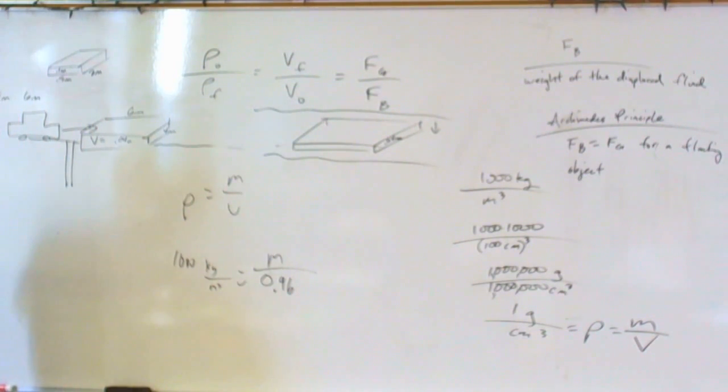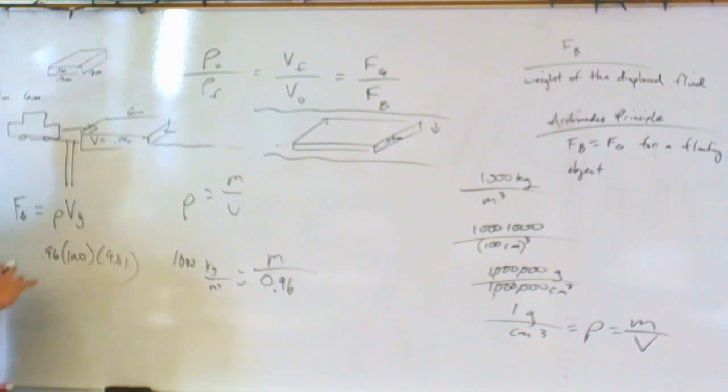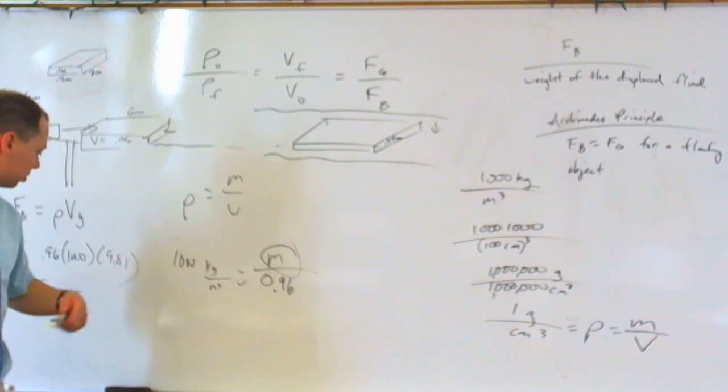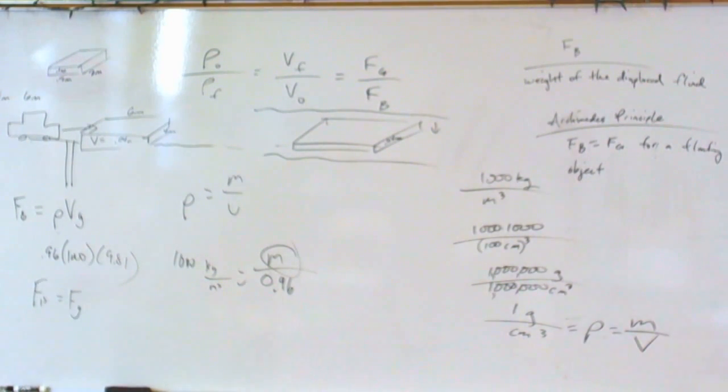Why would you just use rho? Why don't we just use rho V g? That's fine too. Go for it. I'm just giving you this. If you want to multiply by gravity, you have the balloon. Oh, I see what you're saying. Interesting. Because in this case, if it's floating, Archimedes' principle holds true, so they're equal. So how much weight can that